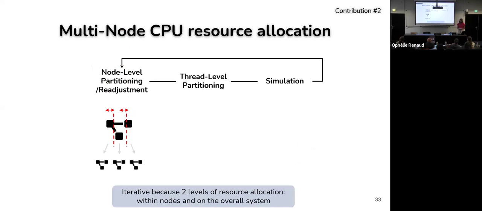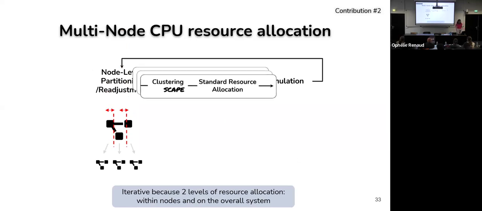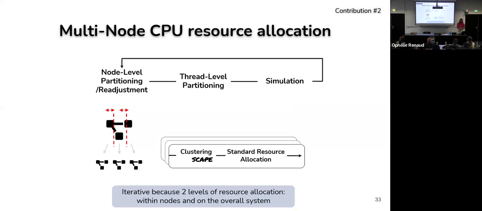The method is composed of 3 main steps. Node partitioning consists in dividing a graph into subgraphs, each subgraph being associated to a node. Then we employ Scape on each node and each subgraph to optimize the resource allocation within a node,